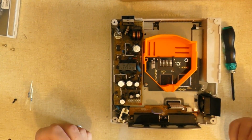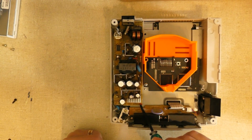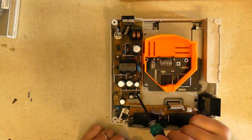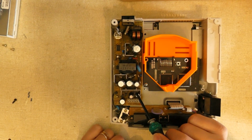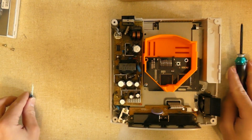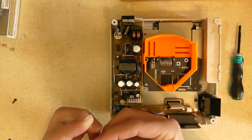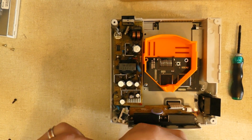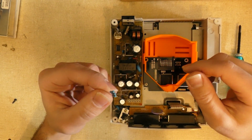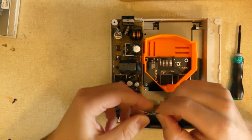So the next thing I'm going to show you is how to basically take care of this 12 volt so it doesn't overheat your system. Now we don't have the GD-ROM. So you could go ahead and desolder this, and that's a great way to go. You can desolder this, but another option, and I know some people say to use a 300 ohm resistor, but after doing some extensive research, I found it's better to use actually three 1000 ohm resistors and just run them